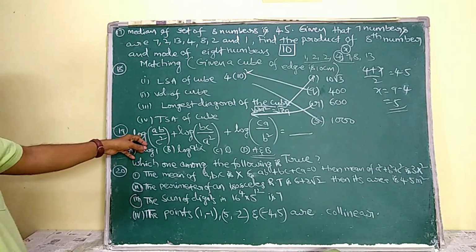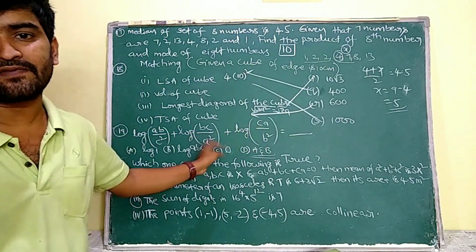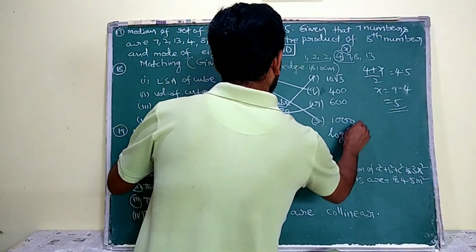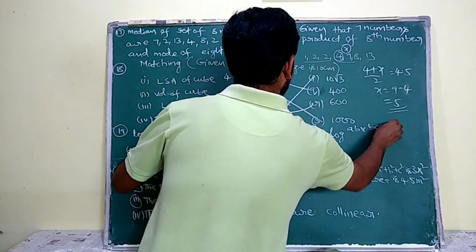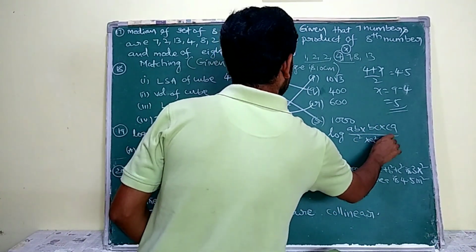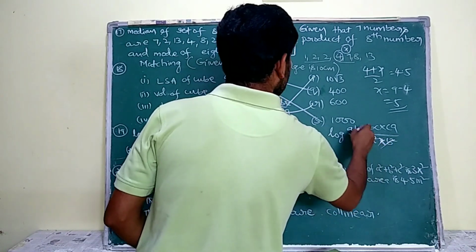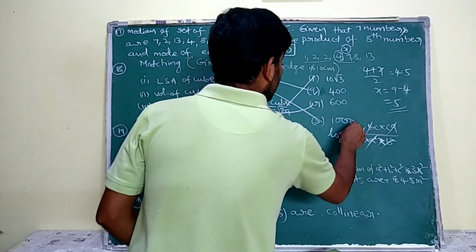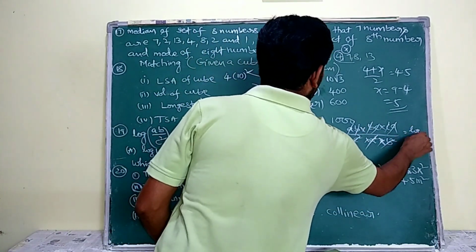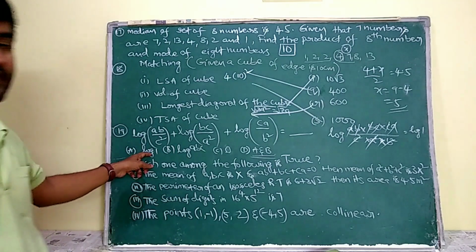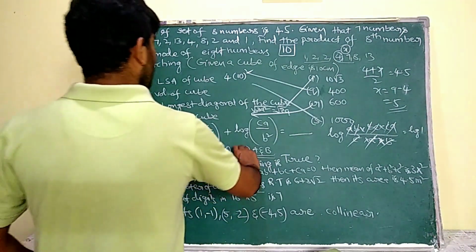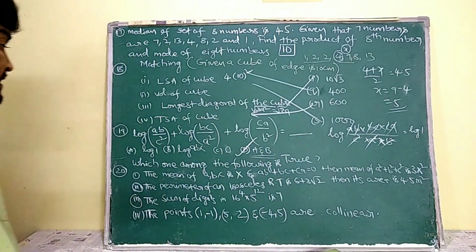Now see ma, log a plus log b plus log c is in that form. So it can be expressed as log of ab into bc into ca by c square, a square, b square. Okay, the b square and b, a square and a, c square and c are going to be cancelled. Here the leftover value is log 1. Log 1 means option A. We know that log 1 is 0, so option C is also correct. So both option A and C are correct.